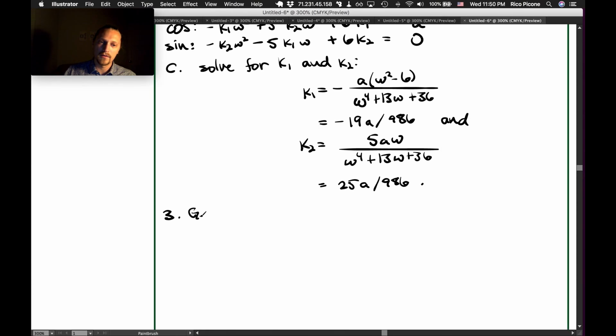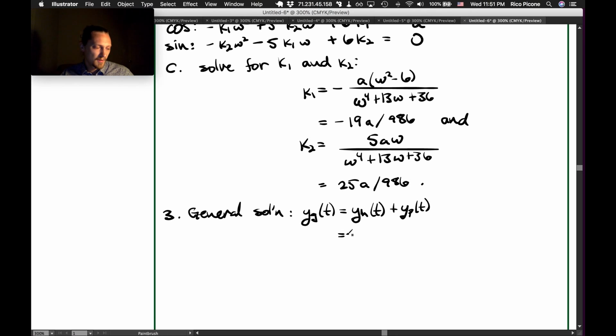The general solution, which is simply yg of t equals yh of t, the homogeneous solution, plus yp of t, the particular solution, which I'll write out, but I have to give myself a little bit more space than that. I'll write it up here. Equals